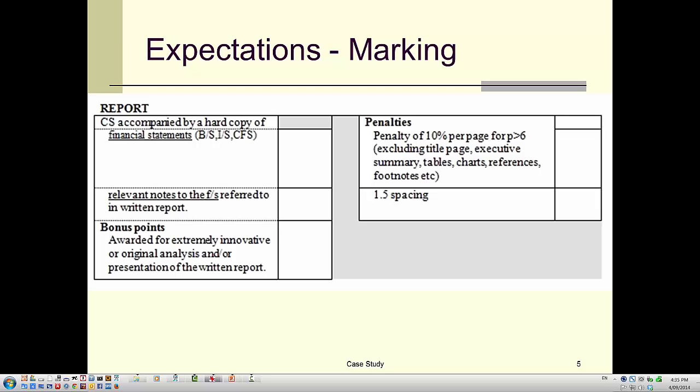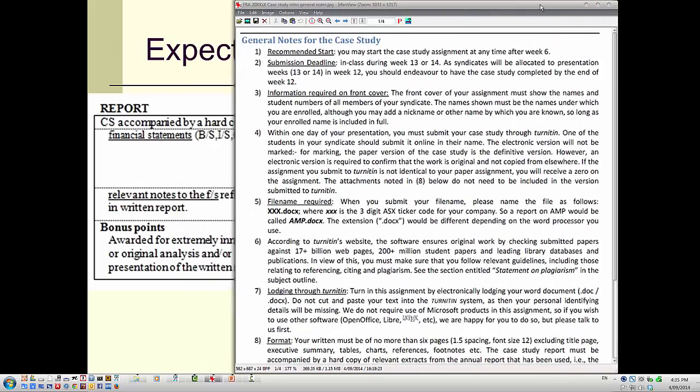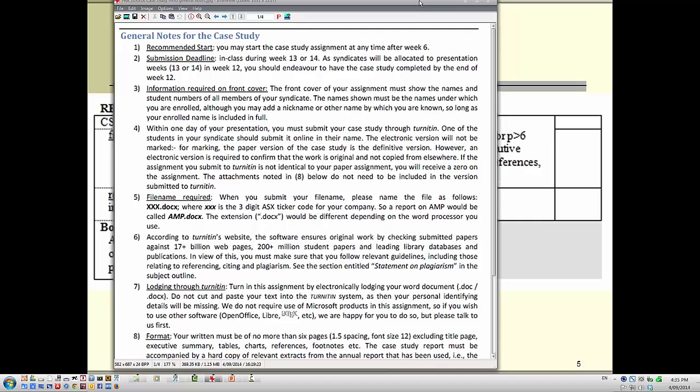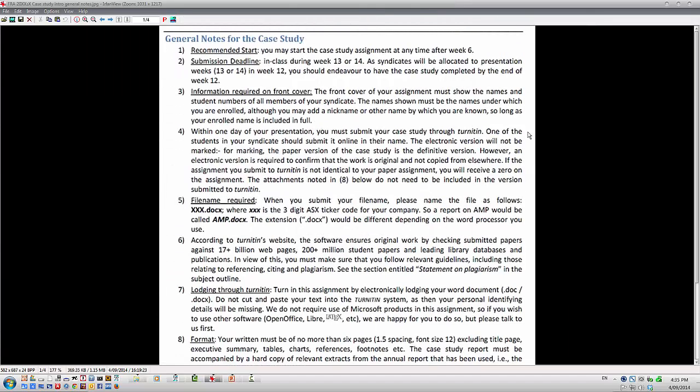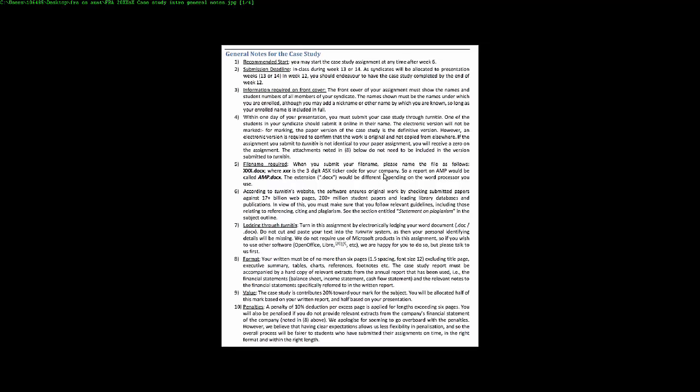Now, I've talked about penalties. Let's just talk about submission requirements. What we're doing here is requiring you to submit the assignment at the time that you start your presentation. And on the front cover, we require the names and student numbers of your syndicate, and within 1 day of your presentation, so that can be after the presentation, we want you to submit the assignment through